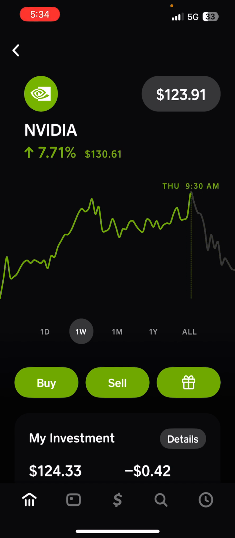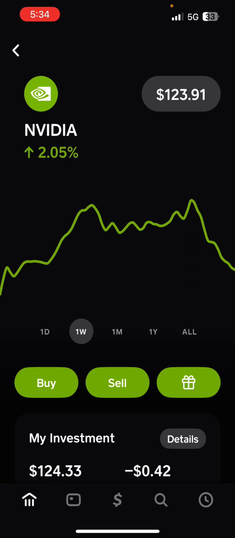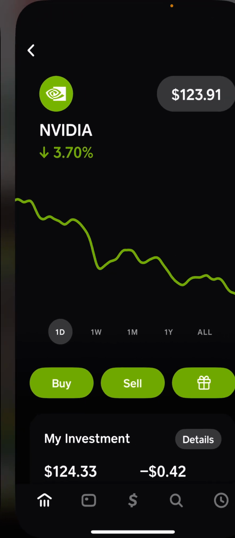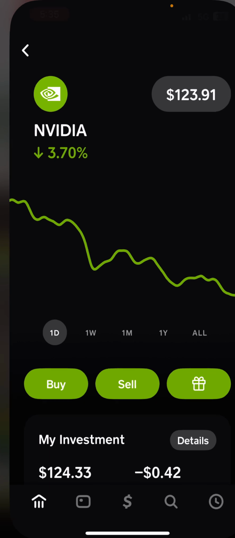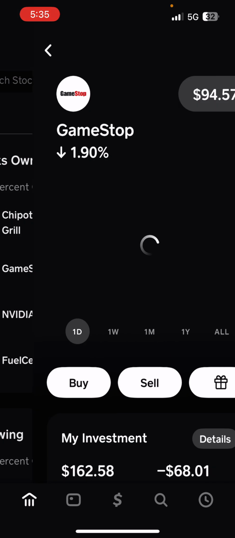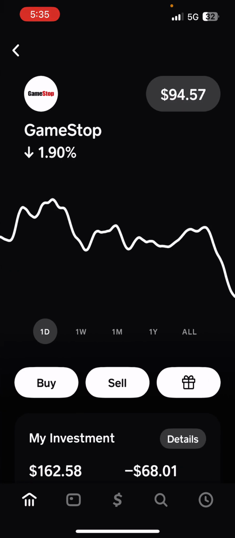Earlier this week, we see Nvidia went all the way up to 130. We didn't hit that 135, 136 mark. Those were the points I wanted to see to make my move, right? I discussed that, and I told you guys, because the high for Nvidia is 135, 138. Now that comes with experience. That comes with me learning from back when it was up at 138, 135, and I had a position in that stock. So based on my experience, my learnings, and what I have seen with my good investments and my bad investments,